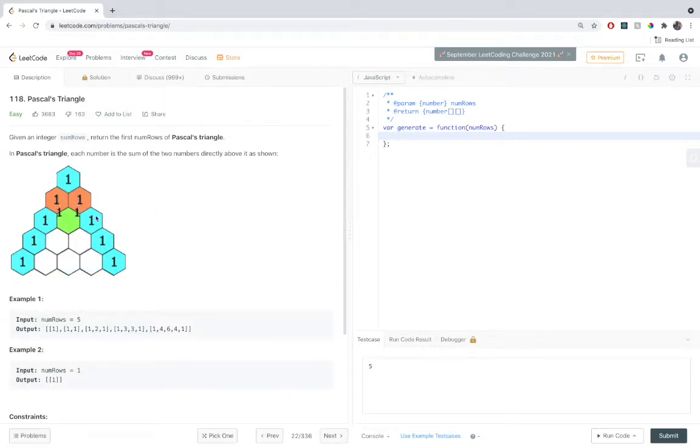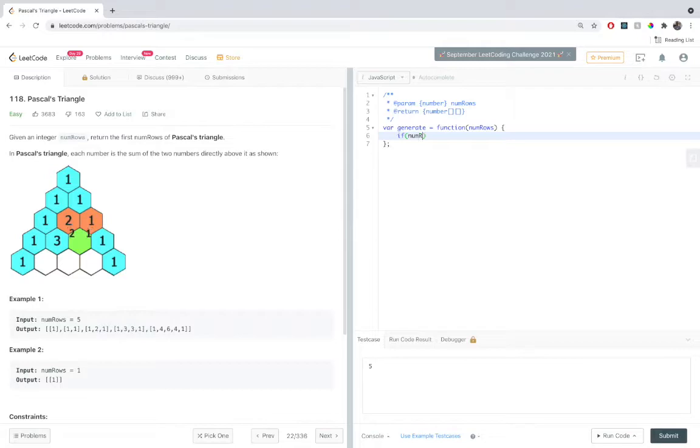There are some cases in this Pascal's triangle that do not require any addition or computation. That is row number 1 and row number 2. If the row is 1, you just return an array of the array 1. If the row is 2, you just return 1 comma 1. So let's code the base cases first.